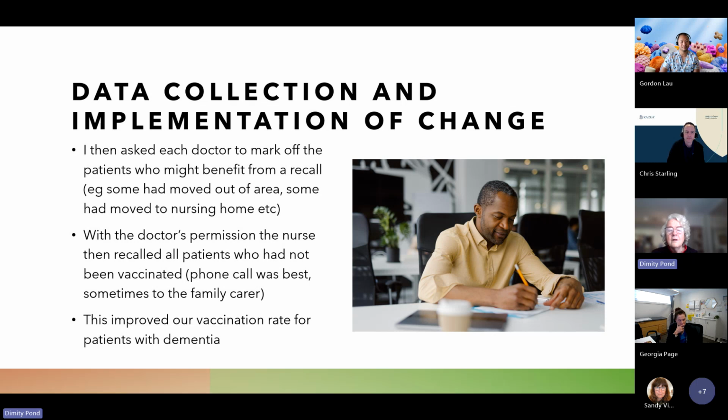And it also made me realise that we probably need to clean our data more. We have got 2,500 patients over the age of 75. So I don't know when that's going to happen, but that's a good point, Dimity, like the limitations of the